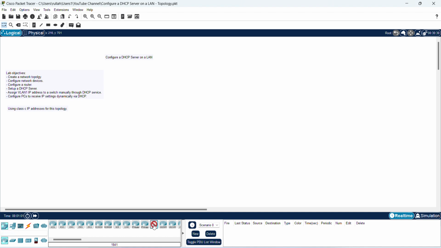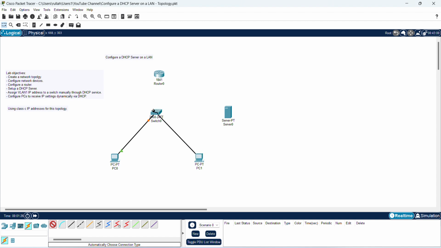I need a router 1841 and one switch for this VLAN. I need two PCs to connect to this network and one server which I want to connect to this switch, and copper straight-through cable. I'm using automatic to connect the devices: PC to switch, second PC to switch, server to switch, and switch to router. So all are connected. Now I will configure